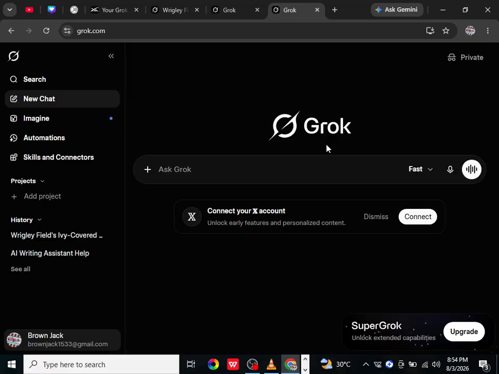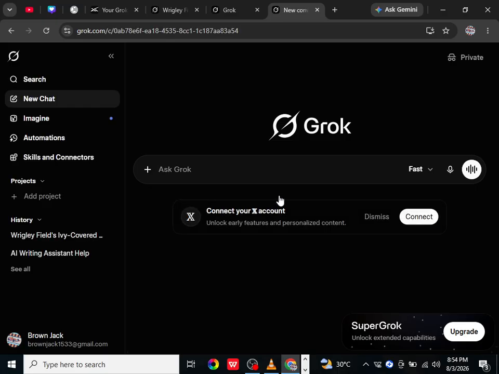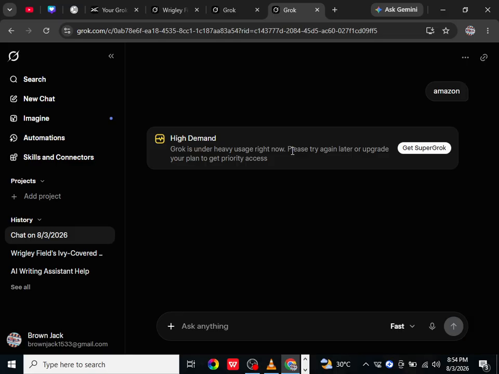Now you can start a new conversation, enter a prompt, ask questions, generate content, or explore the AI features available with your account. If you cannot log in, first check that your account information is correct and that your internet connection is working properly. You can also try refreshing the page or using another supported browser. If you have forgotten your login information, use the account recovery options